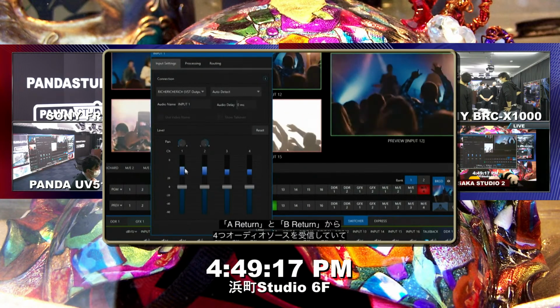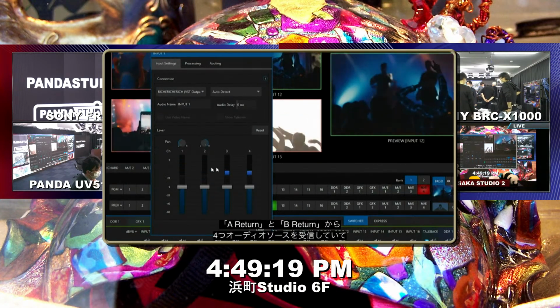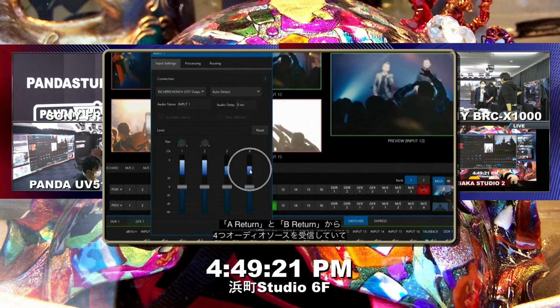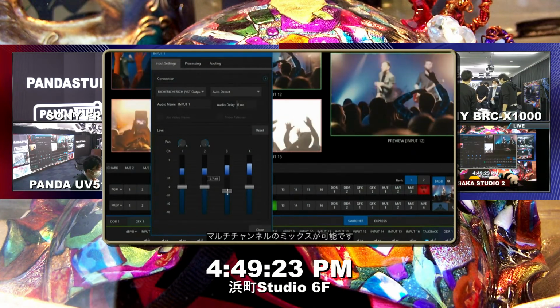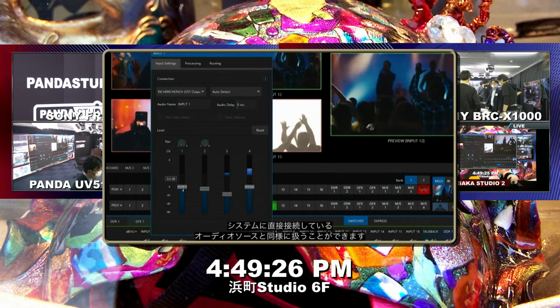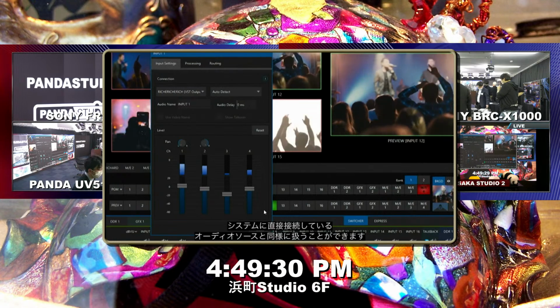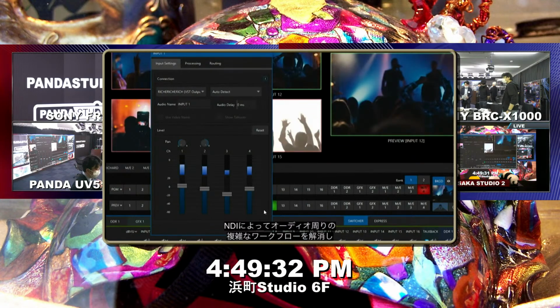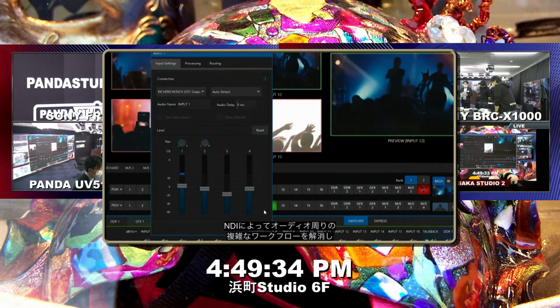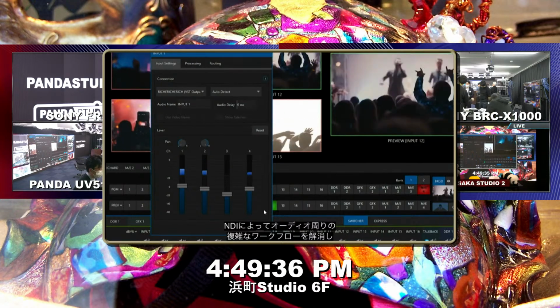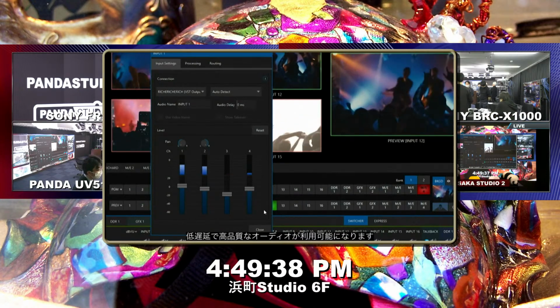You can see the 4 audio sources from return A and B coming through over the network, allowing for multi-channel mixing. From here, you can treat this audio source the same as any audio source directly connected to your system, freeing you of complicated audio workflows and giving you access to high-quality, low-latency audio via the power of